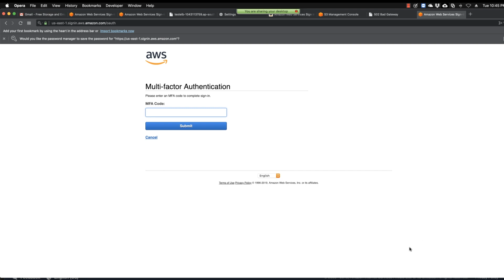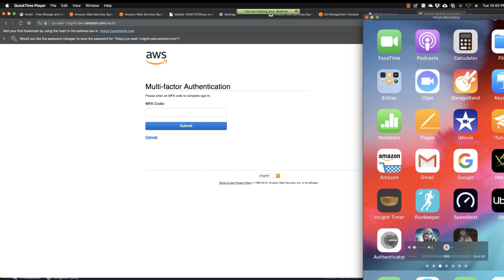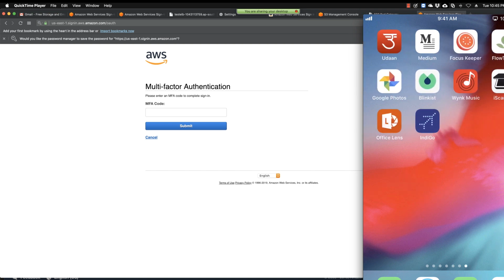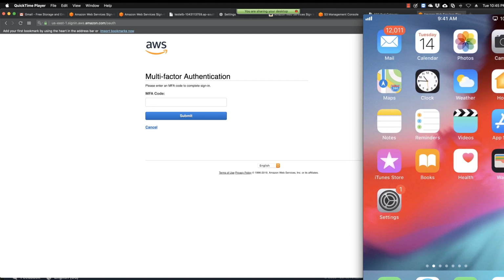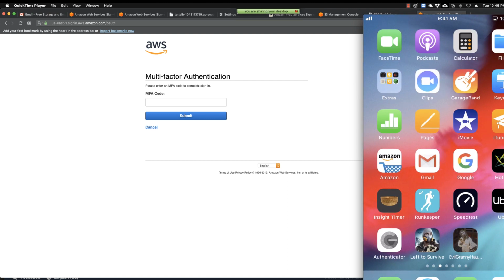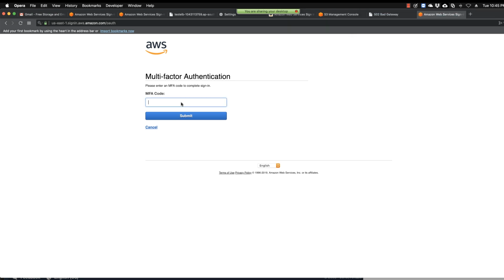What will happen next? Kunal will search for the Google Authenticator. Okay, he will open the Google Authenticator, because he will be using it to see the pins. Let me search for it once again. Yeah, here we go, Google Authenticator. He will see what pin he is getting. Now he has to type this pin and hit submit before this expires. You can see there's a timer ticking. He types this as